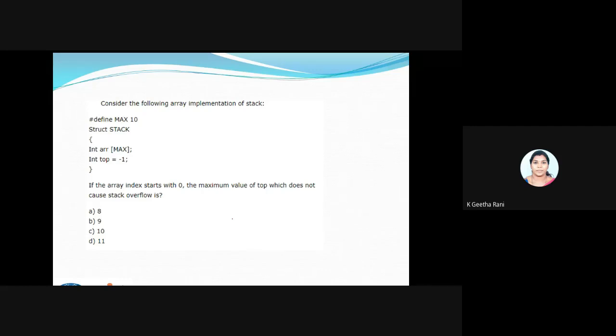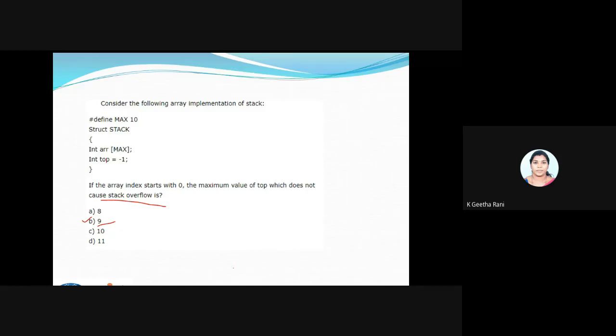I got so many answers. Super, the answer is correct. The option is going to be B, and the answer is going to be 9. Since I have an array size of 10, and the array starts from 0, it goes from 0 to 9. So the maximum value of top which does not cause a stack overflow will be 9. After 9 there will be an overflow condition.